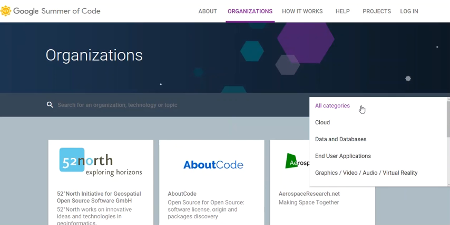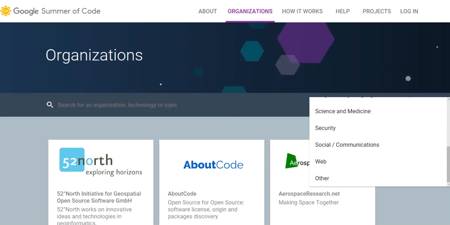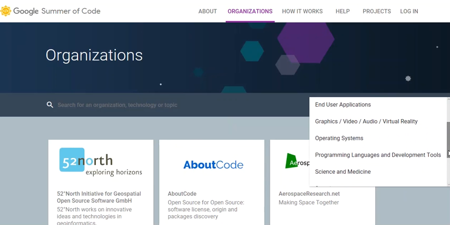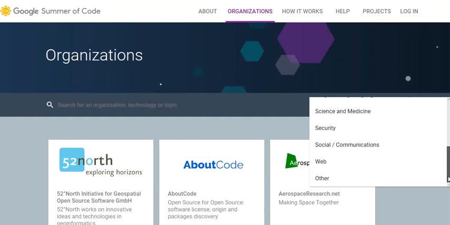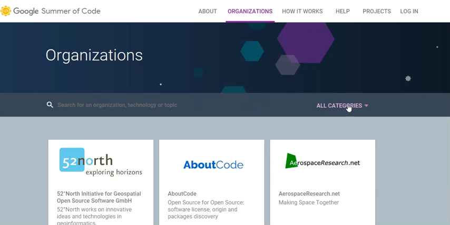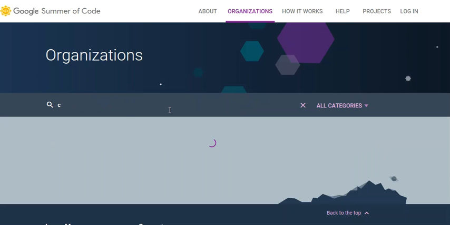So if you have a domain decided, you can pick one of these and then go forward. But my chosen field, which is machine learning, is not here. So I'm just going to keep it at all categories. And because my programming language is C++, I'm going to put it here. So here you can search for an organization, technology, or topic. So I'm going to search by